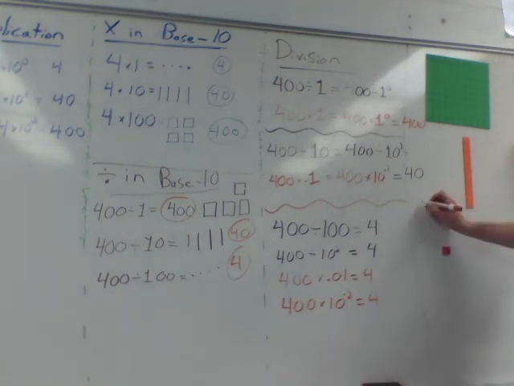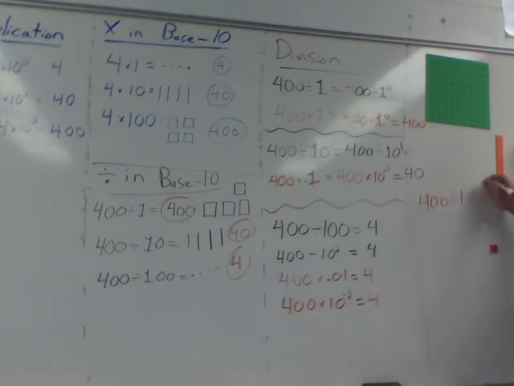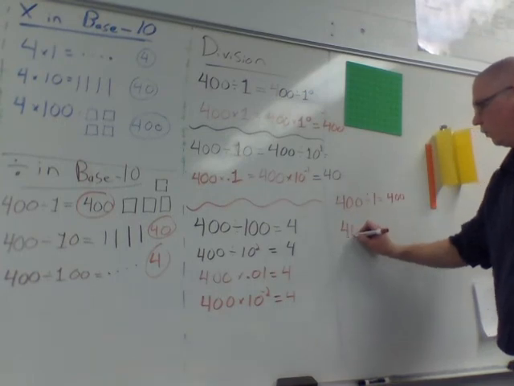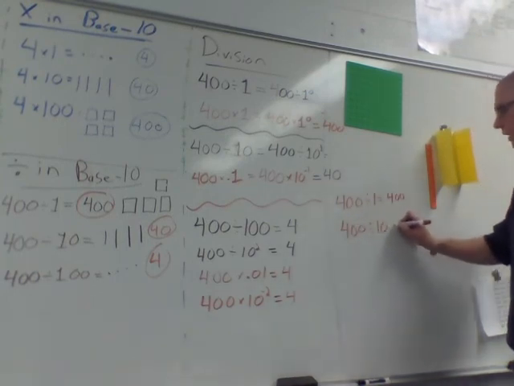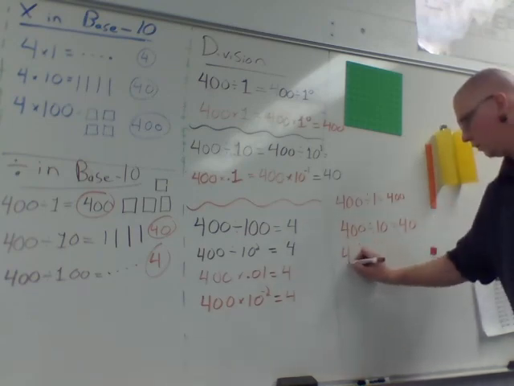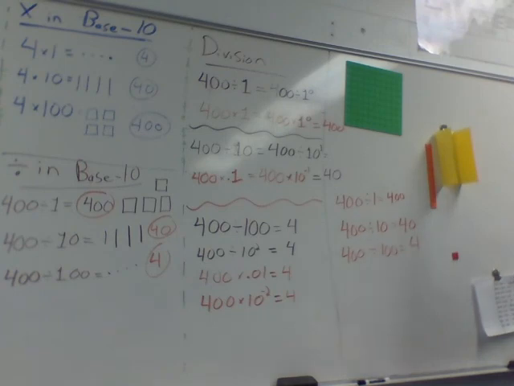So if we stack these problems, like they do in the book, you would see this. 400 divided by 1 equals 400. 400 divided by 10 equals 40, 1 zero less. 400 divided by 100, 4, 1 zero less. There are lots of different fancy ways they can arrange them, but it's not going to change that